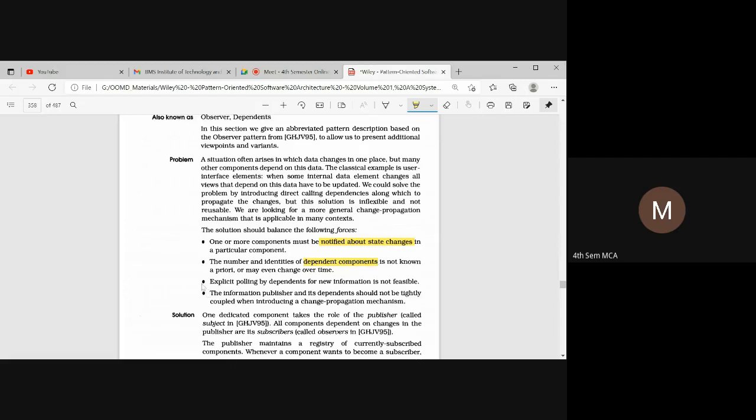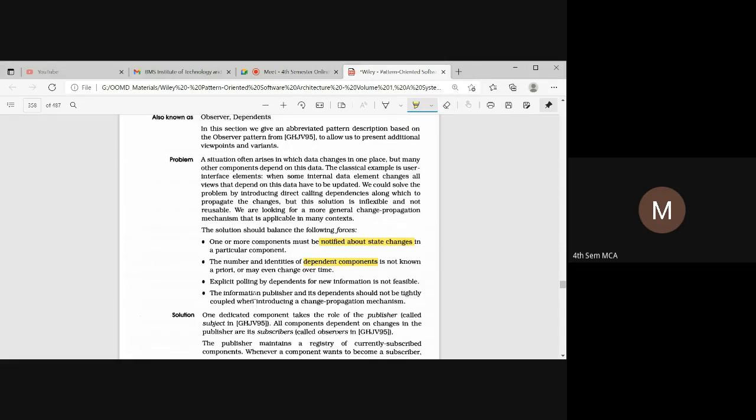And the next thing is explicit polling by dependents for new information is not feasible. That means if other components are explicitly dependent on a particular component, when new information has to be added, it cannot be added directly since it is a dependent component. The change in a dependent component cannot be added directly, and it is not so feasible.